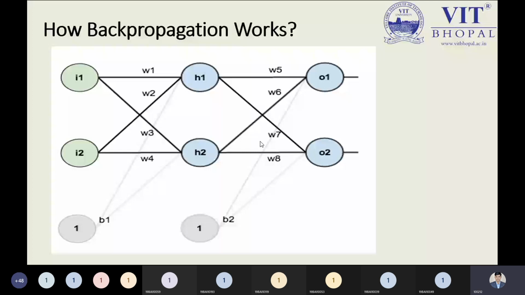So here I am sharing an image over here with the help of its weights. I1, I2, these are the two features or two inputs. So the input layer contains two important nodes, one is I1 and I2. These are the two features of our problem as we have decided. And H1, H2 are our two important hidden nodes at the hidden layer. So how many hidden layers do we have? Only one hidden layer. And how many output nodes? We have two output nodes.